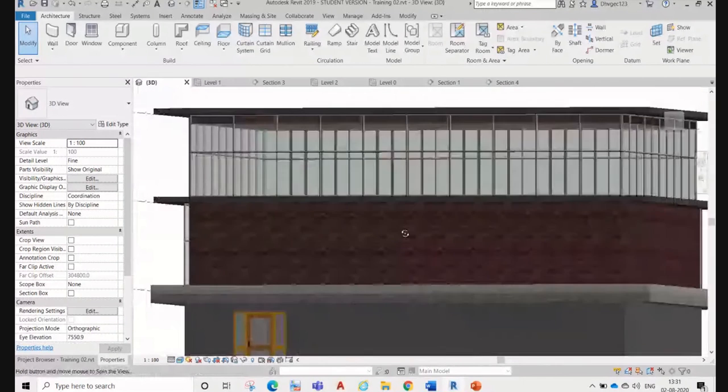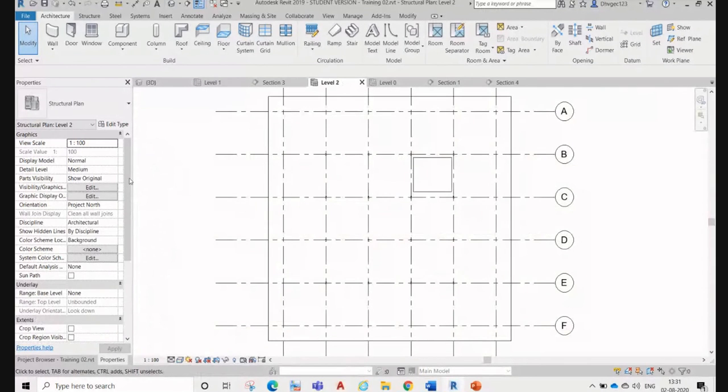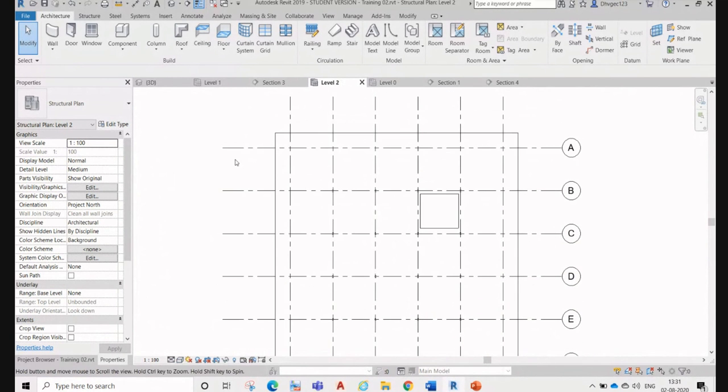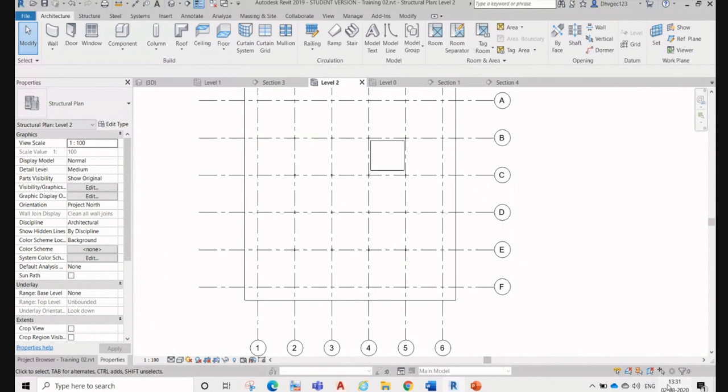Okay, for architectural things, not an issue. I think we have to wait for 5 or 10 minutes. Okay, it takes my time.